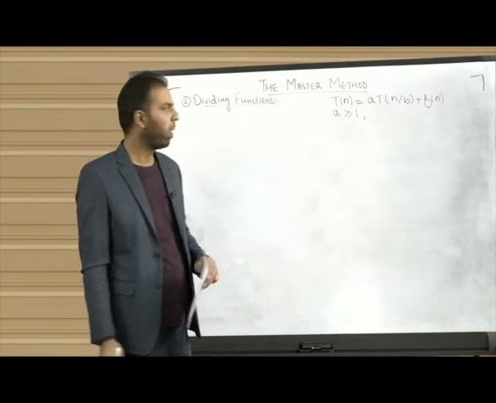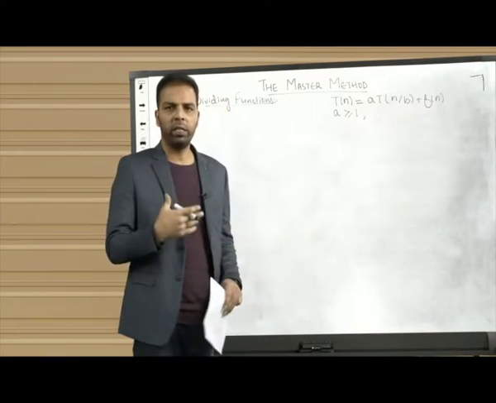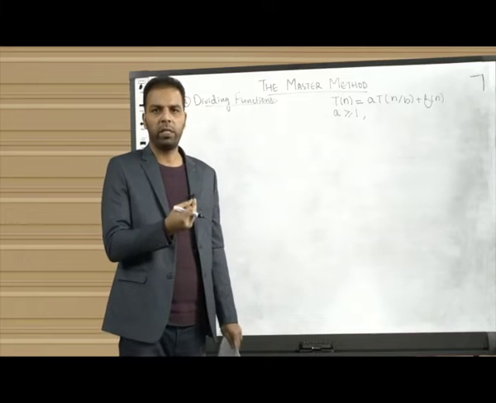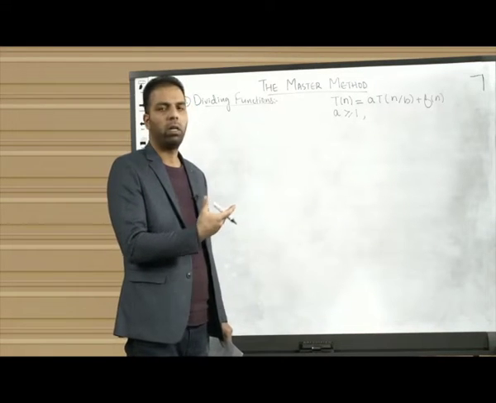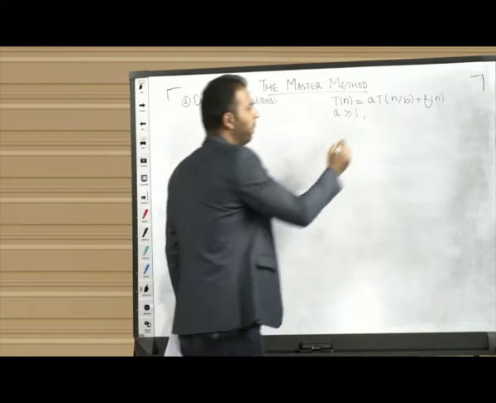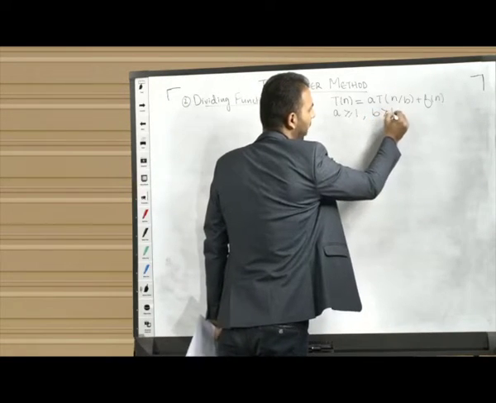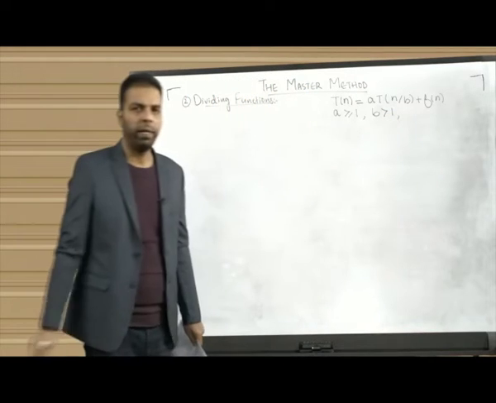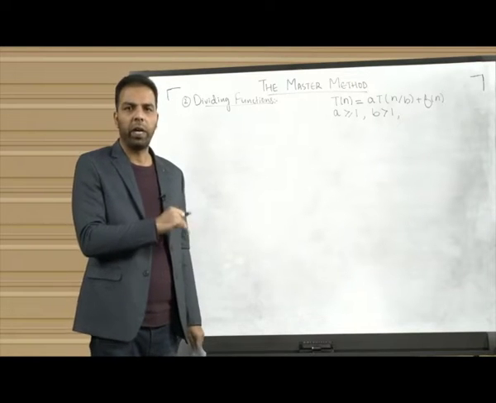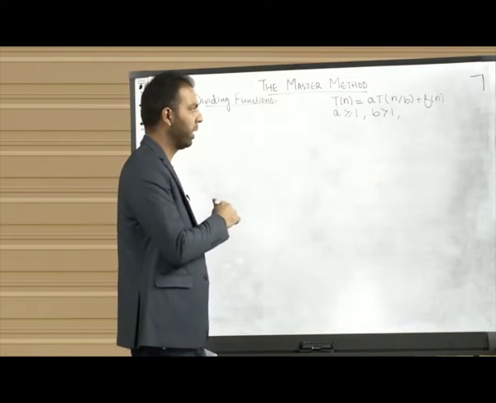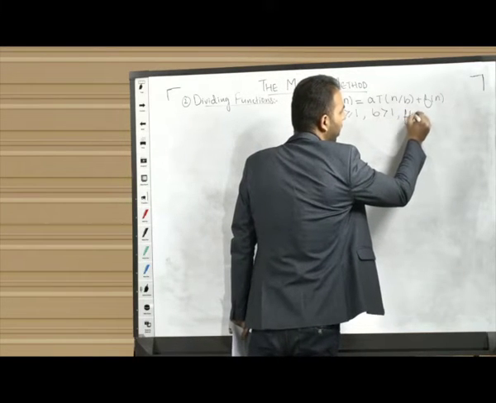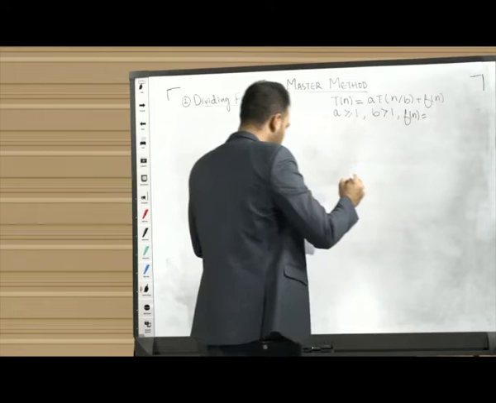Okay? Now in the previous case your b was greater than 0 because we had to subtract. But here we cannot say that b is greater than 0 because 1 is greater than 0 and n divided by 1 is n. At that time it won't be a decreasing function. So here we will take b greater than 1. Fine. And here your f(n) is a little tricky, rather than in the previous case. So here we say your f(n) is equal to